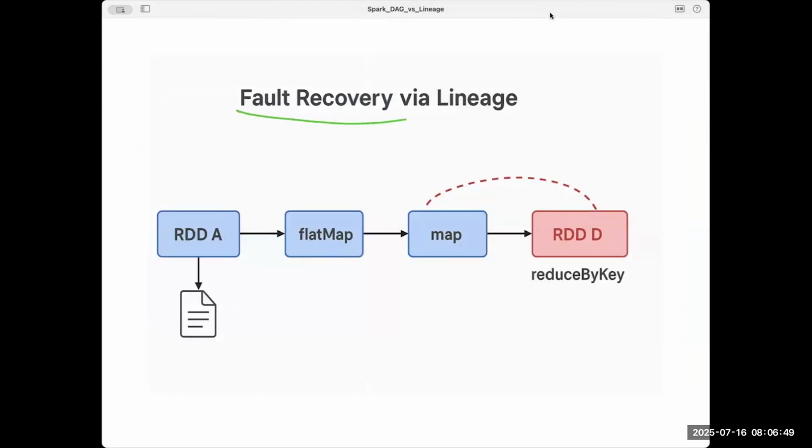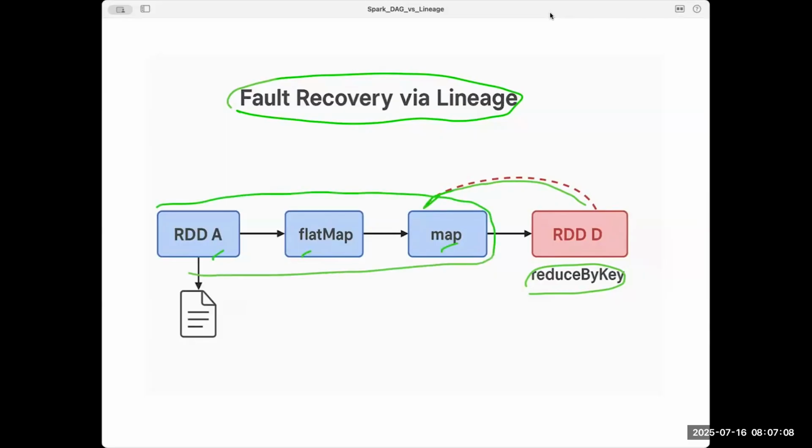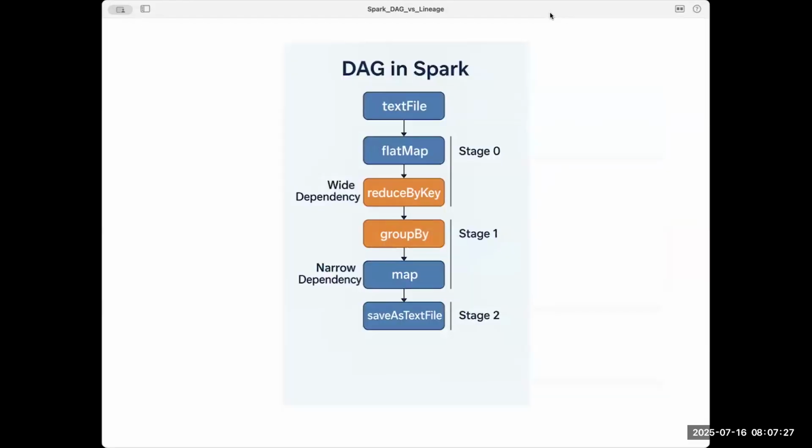The fault recovery via lineage in the RDD. See, this RDD has flatMap and reduceByKey. Let's suppose something happened to this reduceByKey. Then it won't start over; it can recalculate from the map. Generally these stages are happening on executors. Let's suppose this failure occurred. Spark knows on which partitions I was running this, so it will go to another executor, take that partition on which it was working, and recalculate it. That's the fault recovery in the lineage.